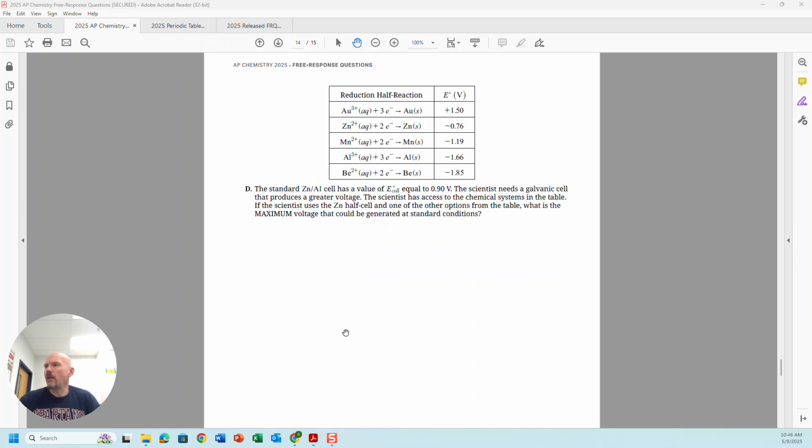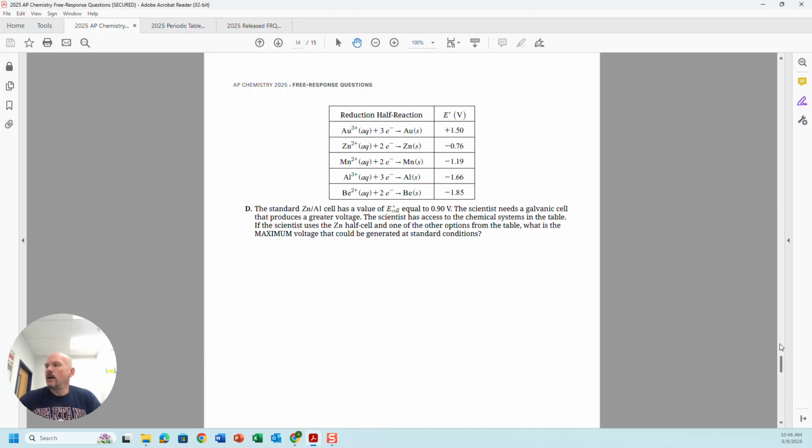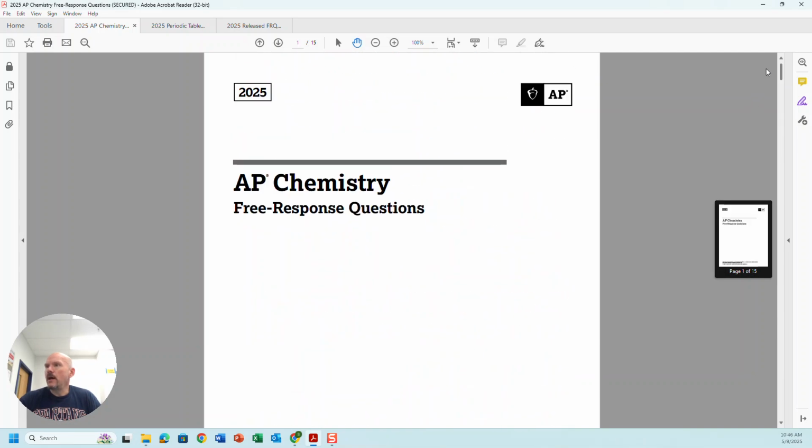So really no electron stoichiometry or anything like that. So this one can be tricky, this last one, but again, not super tricky, just a little bit. Okay. So for my students,